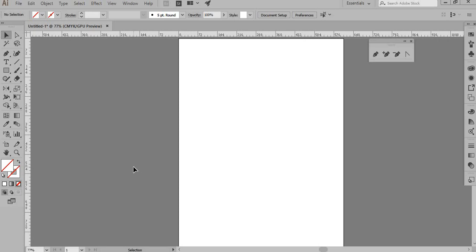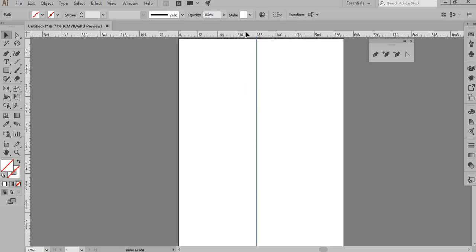Now there is another thing, I want to get my guides out, so this time I will just put my cursor here and drag it out and get a vertical guide. It's not visible so much, but once you put it right here it would be quite visible. So this is my guide, and it's always good to lock your guides.